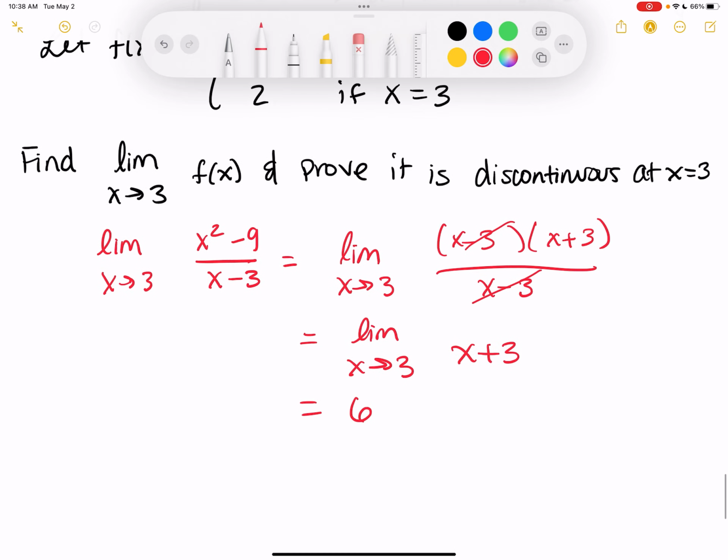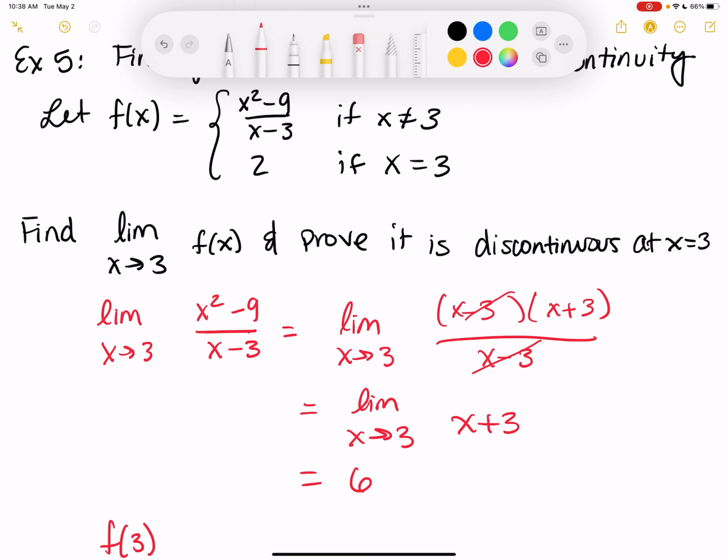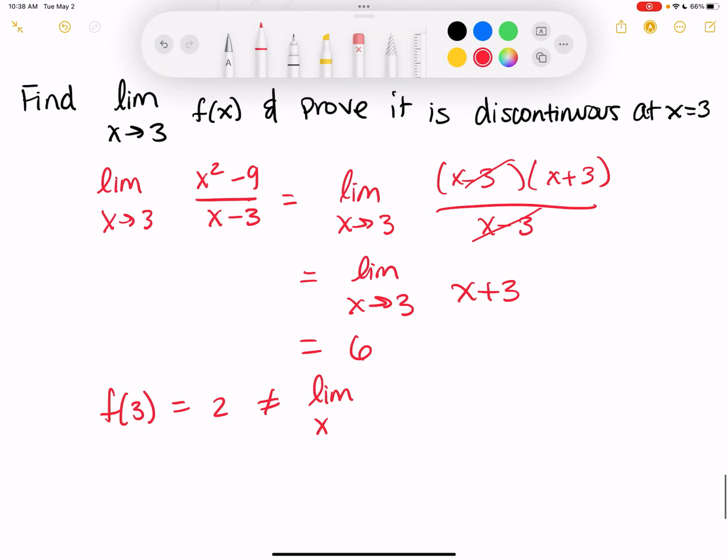But we're trying to prove that it's discontinuous. So according to what was given to us, at x equal to 3, f of 3 is equal to 2, which is not equal to the limit as x approaches 3 of f of x. So it is discontinuous